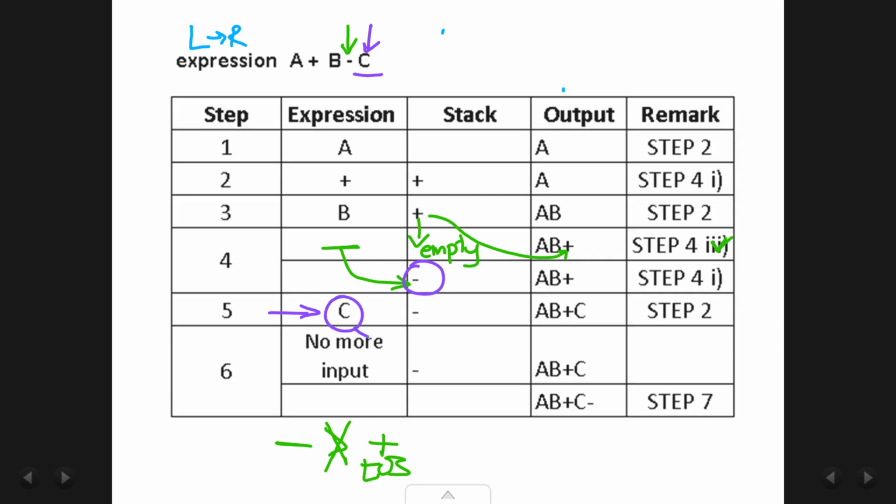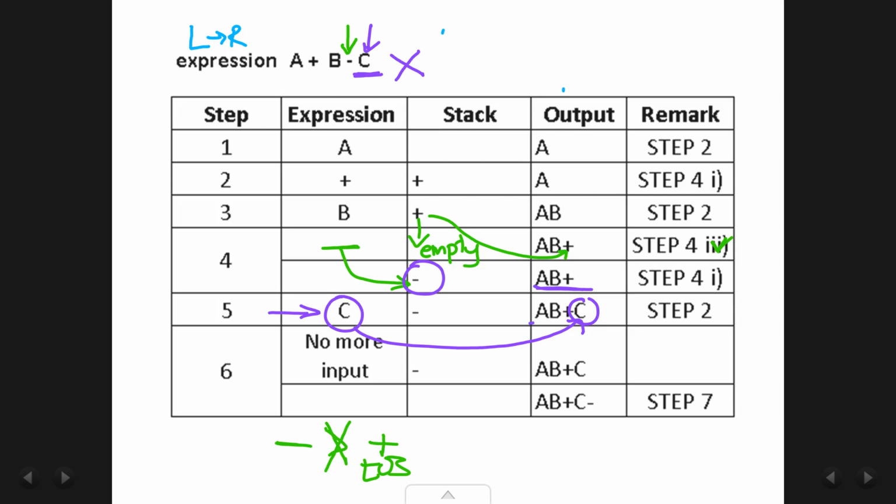C is an operand, so we add it to the output. So we add it here, C. Once we do that, we don't do step 3, 4 or 5, we go to step 6. Step 6 says, if there is more input, go to step 1. But we have already reached the end of the input, there is no more input.